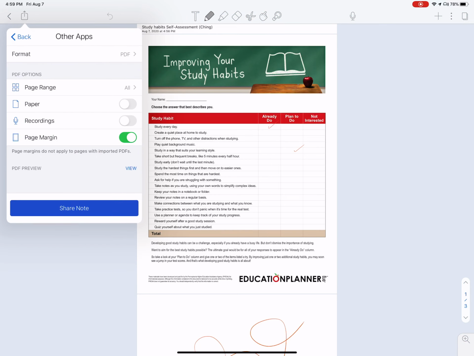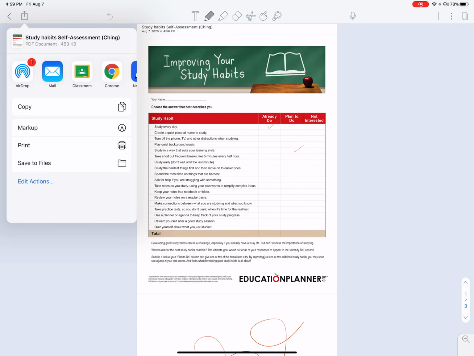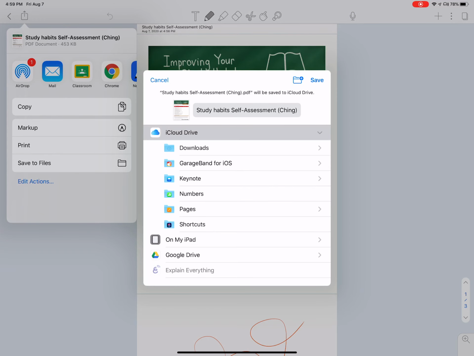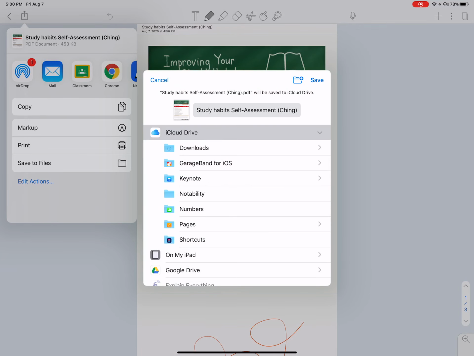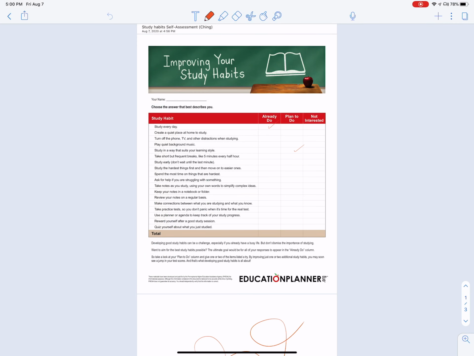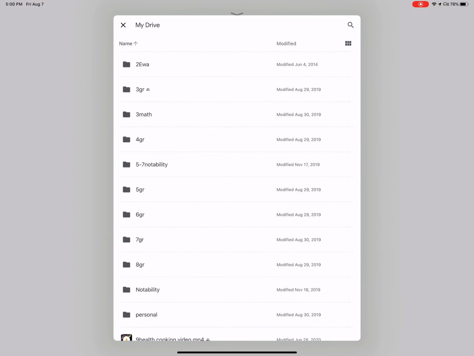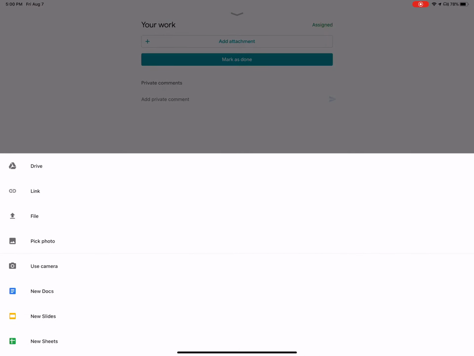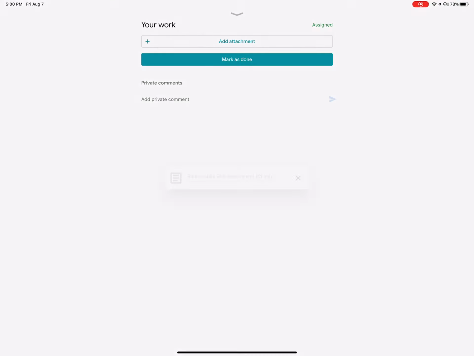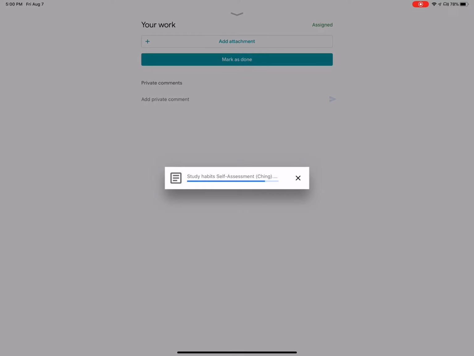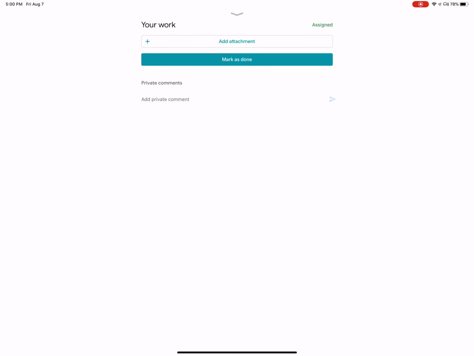You can also save it to your files. You have an iCloud Drive in your iPad, so you can make a new folder and call it Notability. Okay, and then this way save it. Okay, and then when you go to Google Classroom and you're going to add attachment, you're going to go to File, Upload File there, and then that should do it. Okay, so that's probably the fastest,